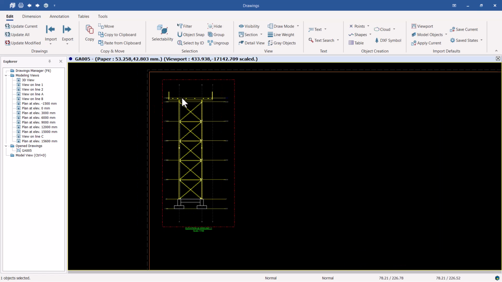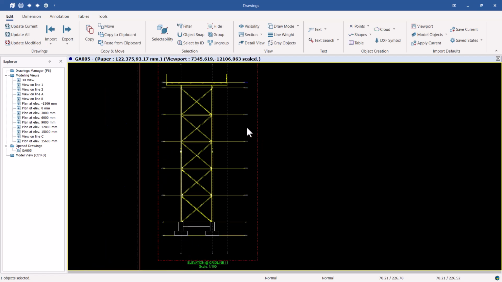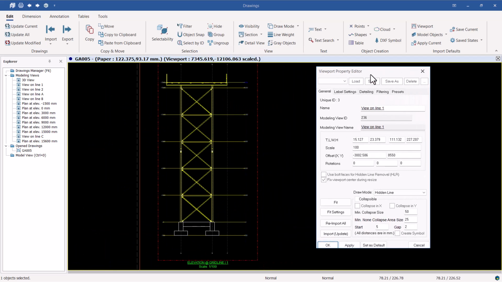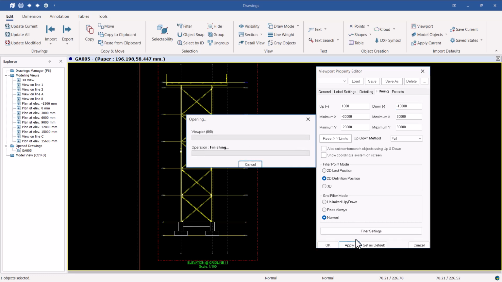I want to modify this because I'm not able to see everything in detail as it is now. If I double click inside the viewport here, I'll get this viewport property editor, and from here I'll go to filter. This will help me filter more views to bring forth some parts of the model or of my elevation that are hidden. I'll play around with this section here. Under down negative, I can just add, I can go deep inside by that, and I'll be able to see